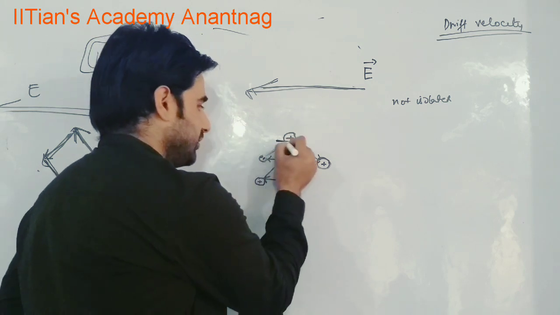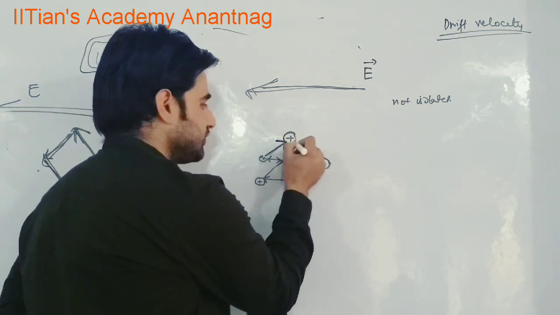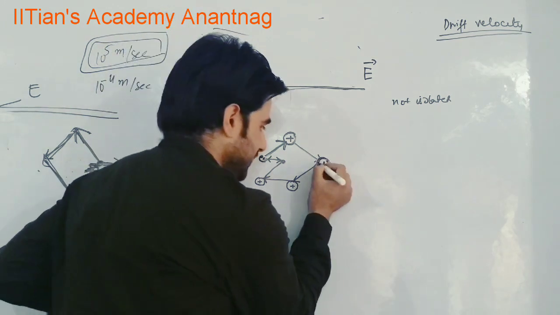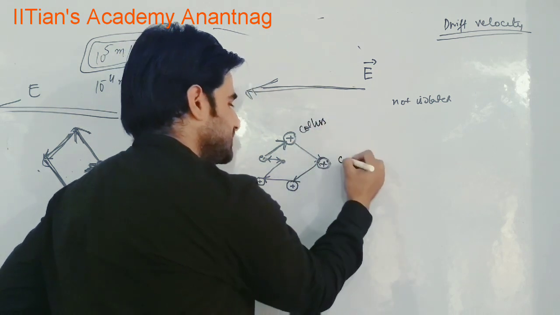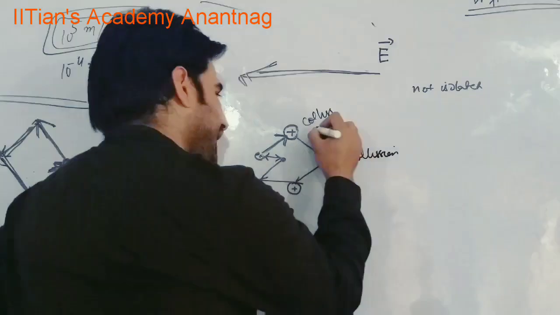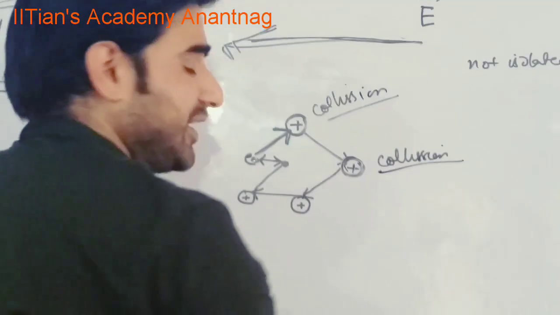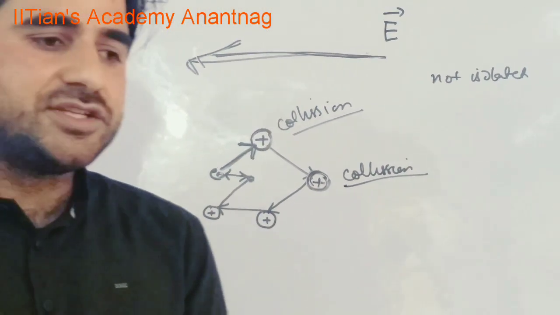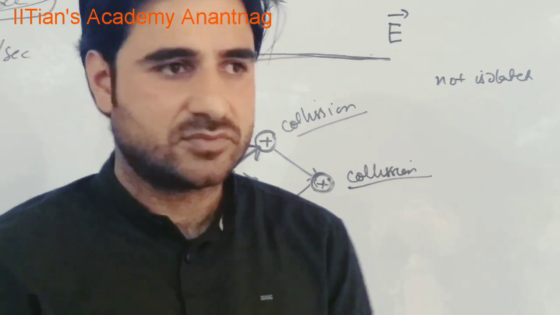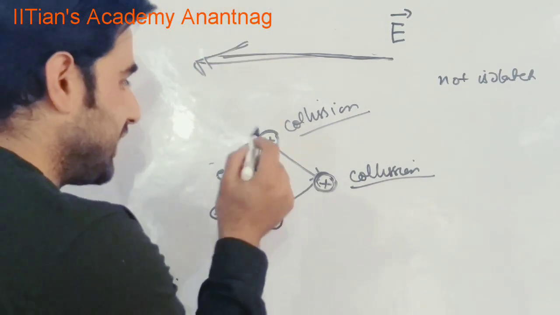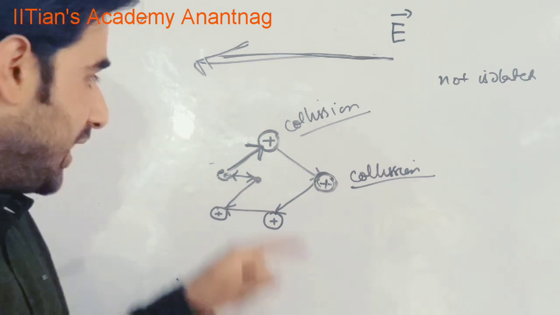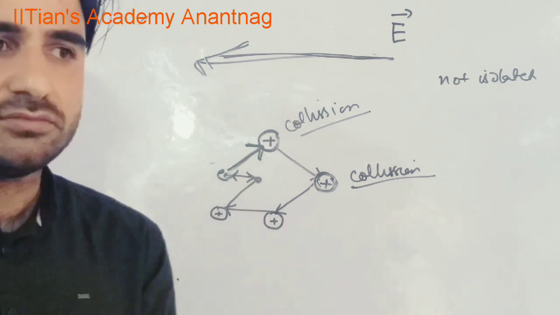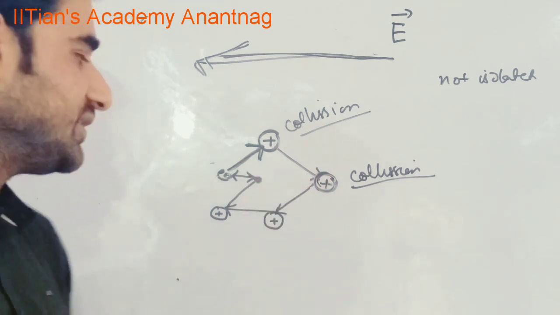See, when electron strikes this positive ion, then the next point of collision is here. This is first collision site and this is second collision site. And I will make one more thing clear here. In physics, collision doesn't mean that two bodies should physically collide with each other. Collision means that there should be impact on momentum. There is Coulombic interaction. Electron has negative charge, it has positive charge, and this has positive charge. So they are not physically, electron is not touching this positive ion. There is interaction. Okay, because there is non-contact force, there is interaction, there is change in momentum.